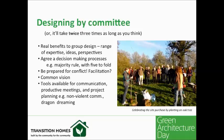We use majority rule for decision-making, but you need to make sure that everyone gets a say and also that concerns are taken on board. So we've also used fist to five for more contentious or important decisions. And inevitably we've had some conflict and we've needed facilitation on occasion, and people have left the group because of